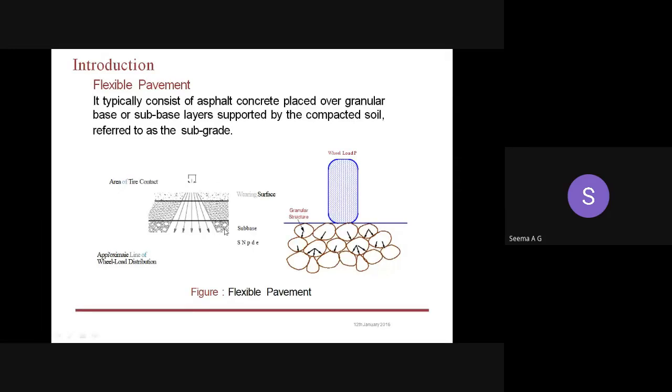So this experiment, that is California bearing ratio test or CBR test, is an experiment to determine the bearing capacity of soil. And by conducting the experiment and after calculating the CBR value, we can compute the thickness of subgrade, and in some cases you can compute the thickness of subbase also based on the CBR value. Mainly subgrade is designed based on the CBR value. And then other layers can also be.